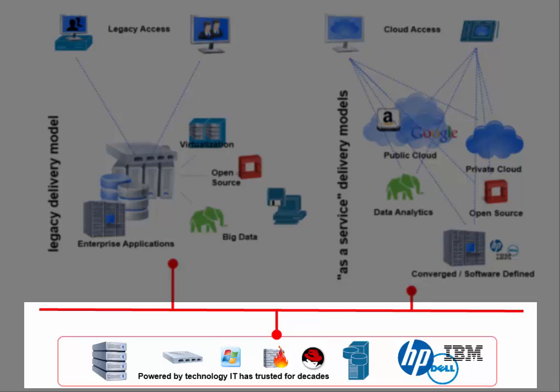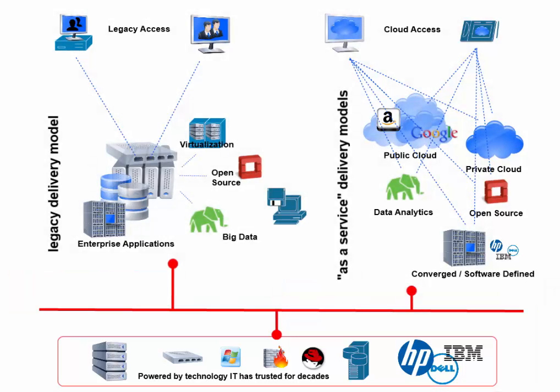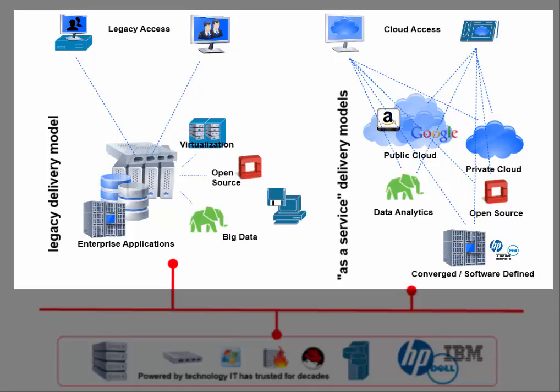Many of those technology providers, IBM, Dell, and of course HP, have provided these technologies for decades. So what has really changed? Well, there's been many things that have changed from the legacy delivery model to the as service model. One of the frustrations and things that you must be aware of is how are you matching these delivery models to your business need. One size does not fit all. We're going to have to take a combination of both and live in a hybrid of the legacy delivery and the as service delivery models.